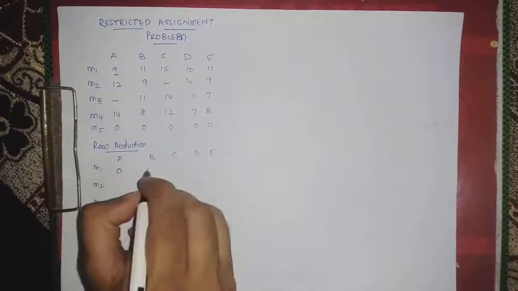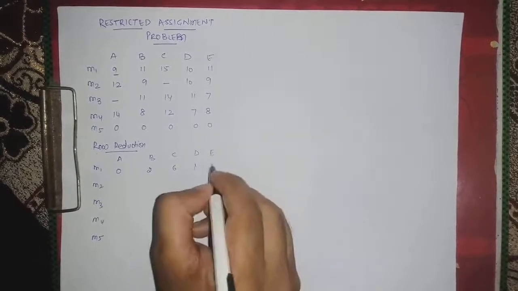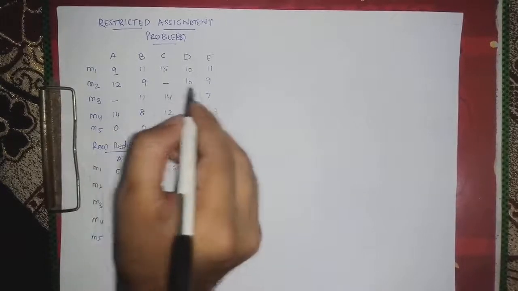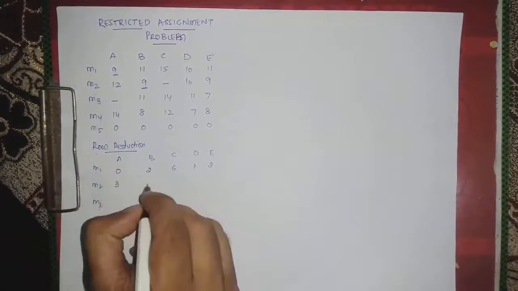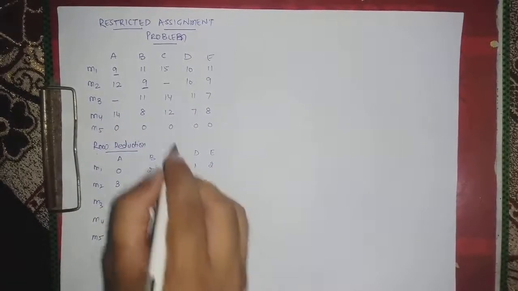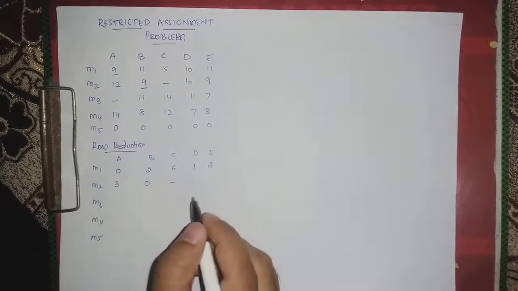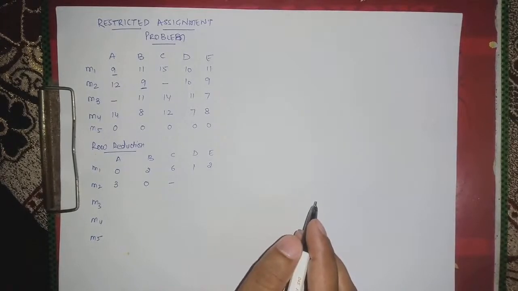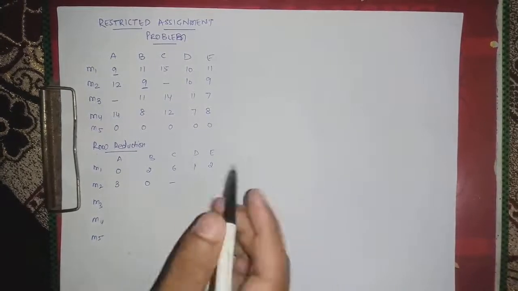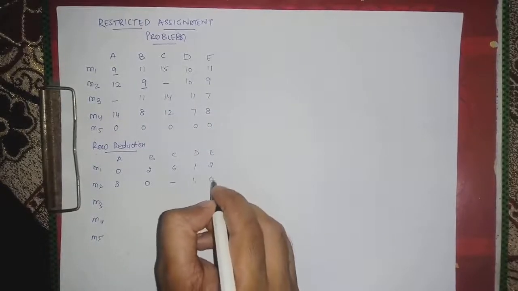So 0, 2, 6, 1, 2. What is the smallest element in this? 9. So 3, 0. And here is the restriction, so we cannot make an assignment to this. As we have done in the traveling salesman problem, there were restrictions that we cannot move from the same city to the same city. Okay, so 10 minus 9 is 1, 9 minus 9 is 0,